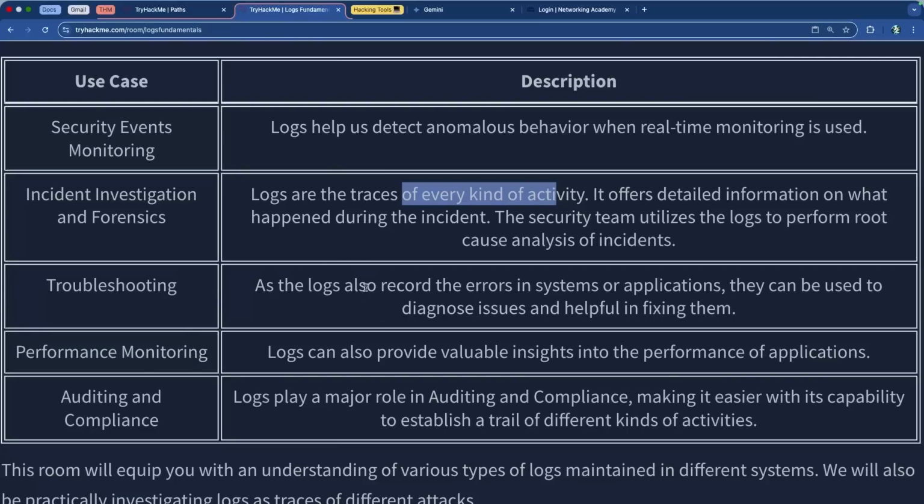Troubleshooting is also a very, very key element. Troubleshooting is done a lot using logs to try to find out what the error was in the system or the application, and to obviously diagnose whatever the issues are and actually help in fixing those issues. We can also use logs to monitor performance, and we can also use logs to complete auditing exercises and to make sure that we